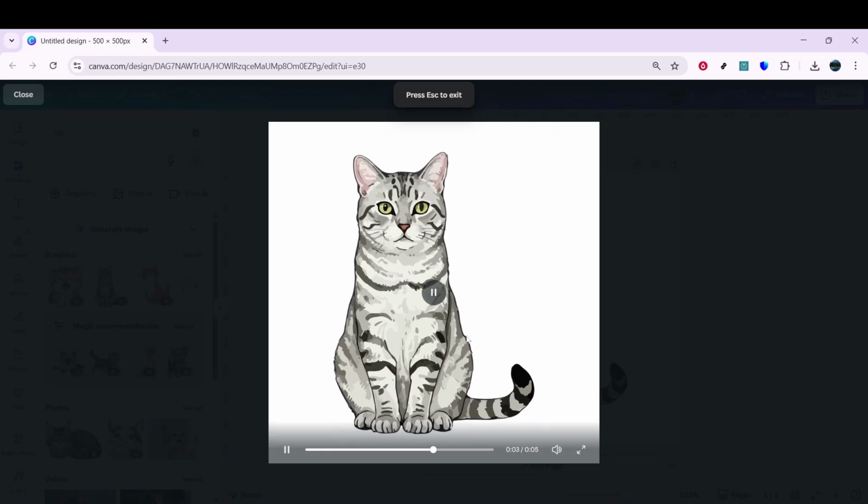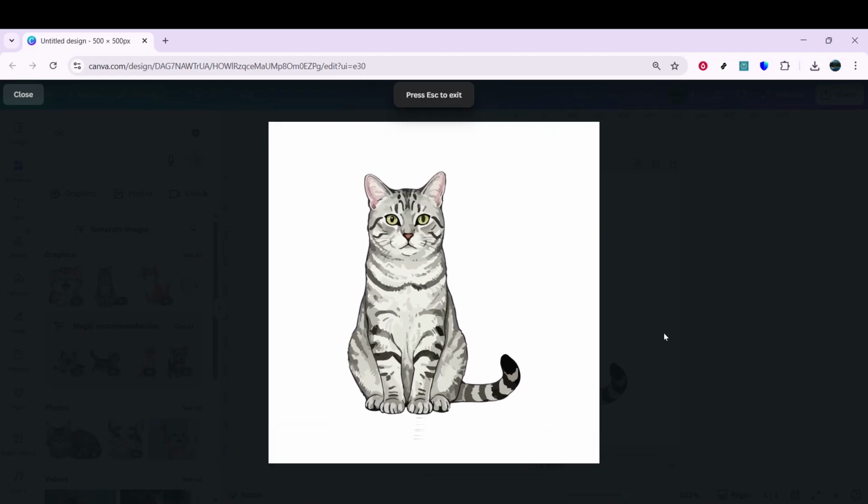And that's how you create fun animated stickers in Canva. Quick, easy, and perfect for sharing any